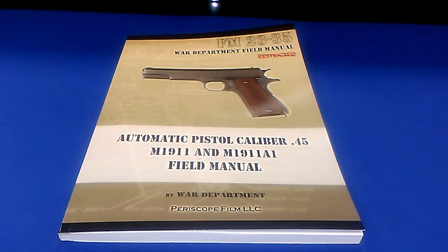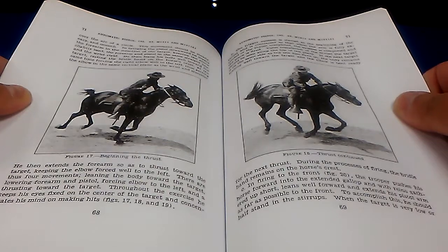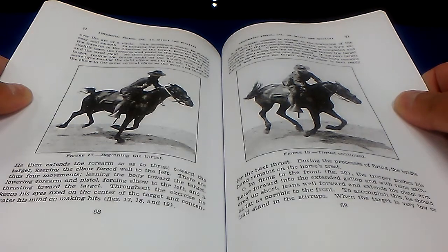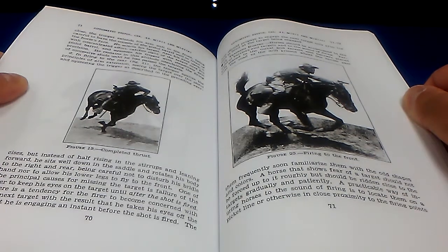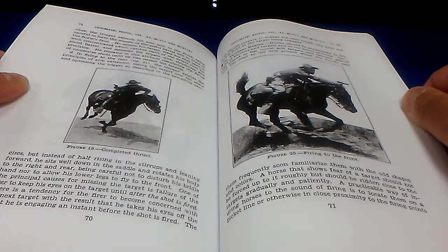Now, this field manual is also obsolete for a few other reasons. Let me give you an example. Yeah, let's see, where was it? Oh, yes, okay. Here you have pages 68 and 69 that show how to use the pistol while on horseback. Pages 70, 71, especially page 71 showing the cavalry rider shooting above the horse's head with his